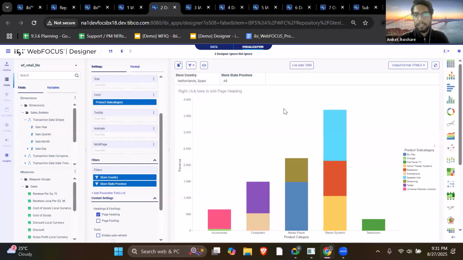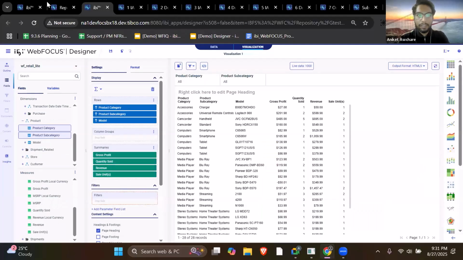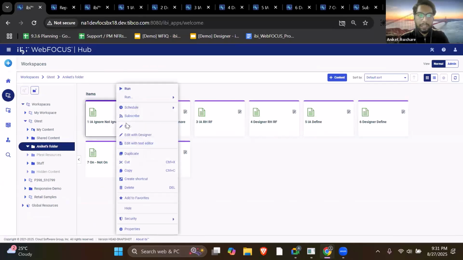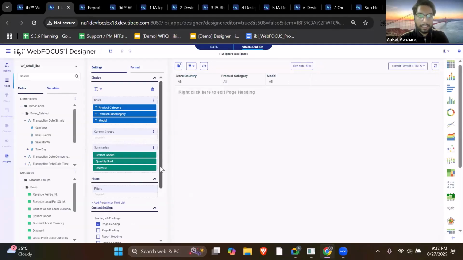I can bring it back so I don't ignore it, and right now the values for Netherlands and Spain have been selected. And again, if I have this report that I had in IA, if I open this, I can just simply click on edit with designer, and if I had any filter that was ignored, it will respect that and it will show it